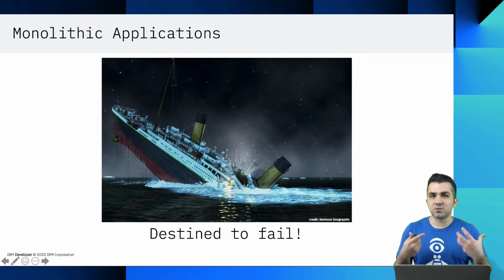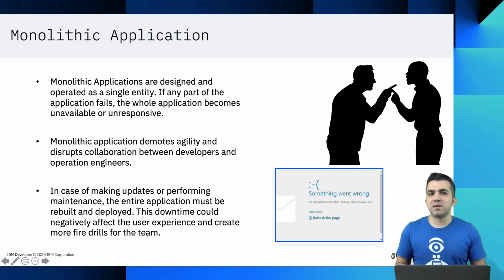That model was destined to fail because applications were built to run on VMs with a massive operating system, libraries, dependencies, and a single database attached to the entire application. As demand grew higher, scaling the application was literally spinning up new VMs and adding more machines to the infrastructure. Different services in the monolithic applications were tightly integrated, and failing one part of the application caused the entire application to become unresponsive or unusable for clients.